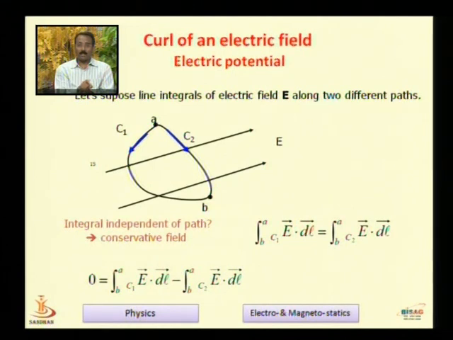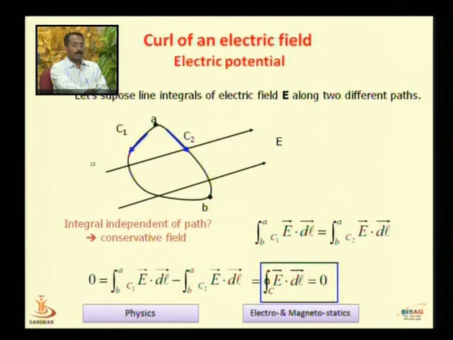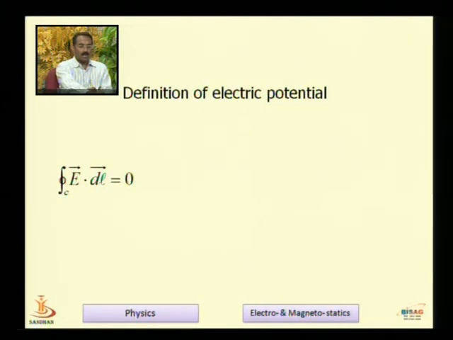And for an electric field, these two are equal actually. So you can see, if you consider a closed path, suppose you are moving from A to B, and then you move from B to A. Since the value of the line integral from A to B and B to A are both the same, if you consider the complete integration, going from A to B and then coming back to A, the total line integral of E dot dl is 0. So E dot dl is 0.